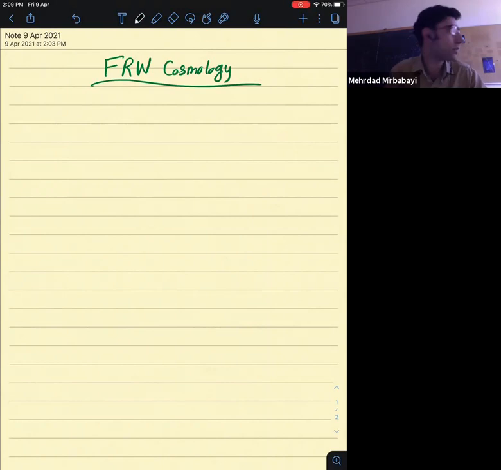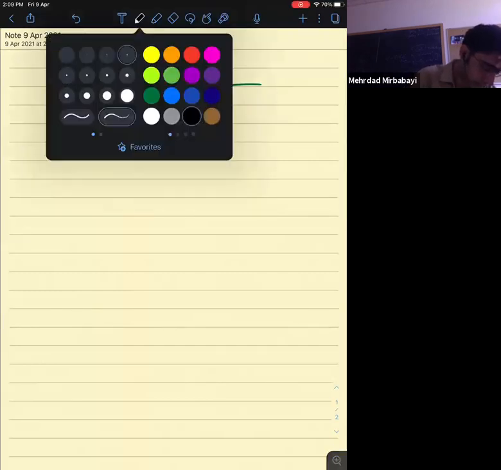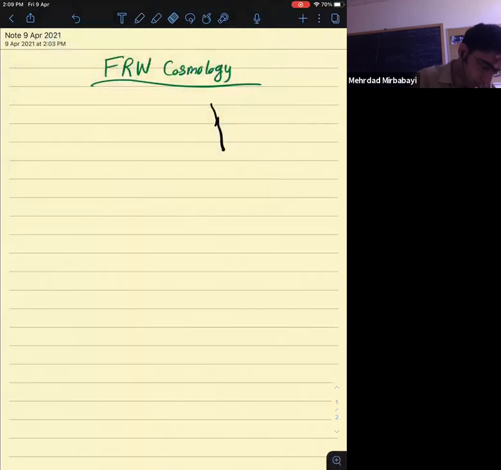Now, of course, the universe that we live in is not exactly homogeneous and isotropic. We exist in it. At shorter scales, everything is anisotropic and inhomogeneous. But the idea is at larger scales, it is relatively homogeneous and isotropic. And we want to make an idealized model for that, which is exactly homogeneous and isotropic. So the idea is that there are these observers, so there is a family of preferred observers who